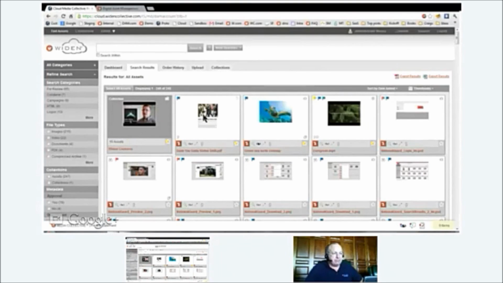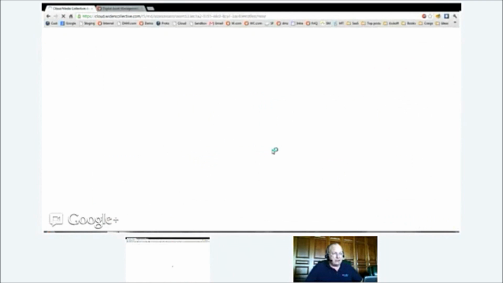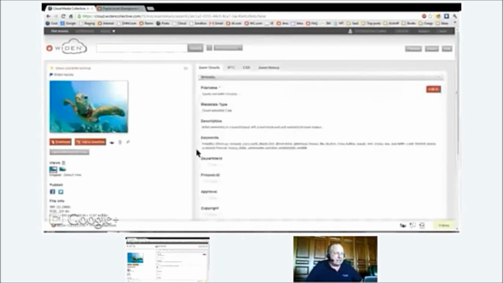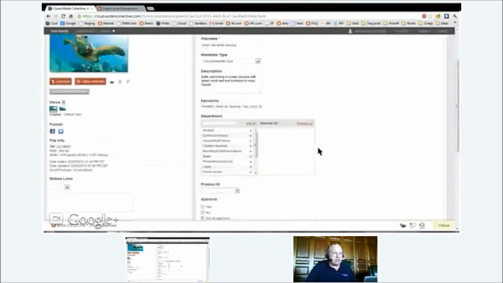So that'll take us to a good segue to the next step, because I want to show you a little behind the scenes of what we've done for all the assets. So we'll pick on this green sea turtle. I'll just click to get behind to the asset details, and let's quickly edit all of the metadata fields. So examples would be them being able to set up a multi-select palette, add all, remove all, select different ones. So there's one example. Another example will be a